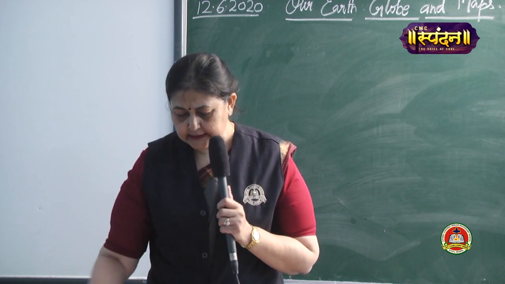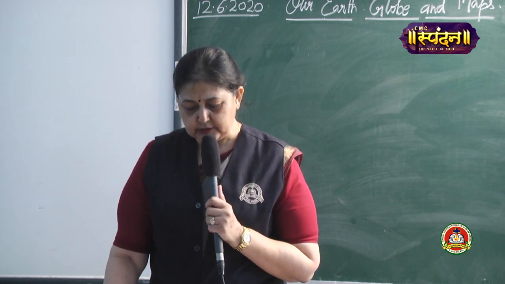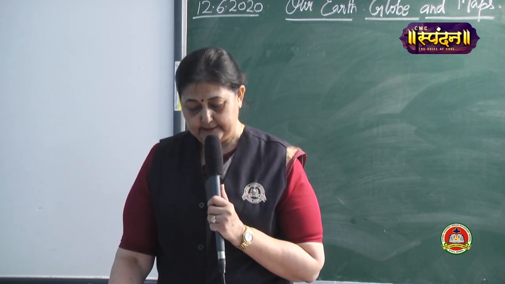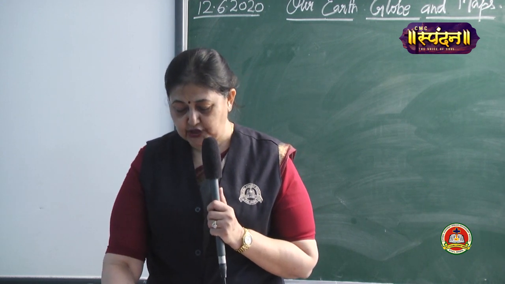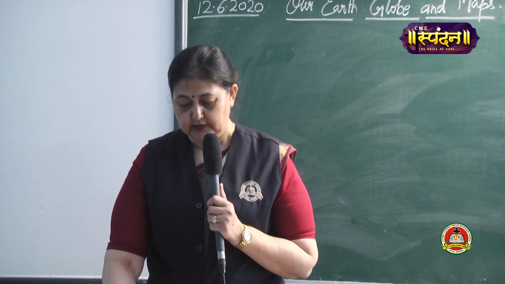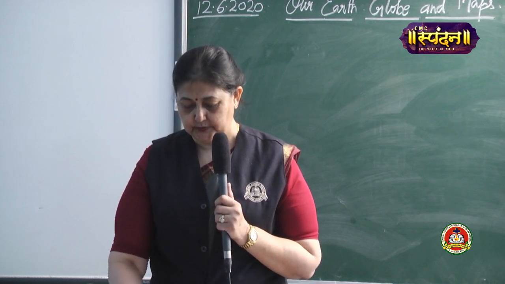Turn the page, children. Disadvantages of a globe. Not possible to show all the small places. Difficult to carry. Let's check. A globe shows the true shape of the Earth. The answer is true. Please tick true.